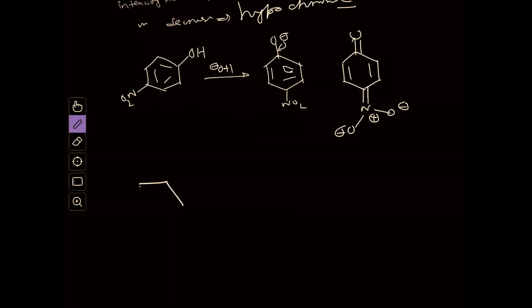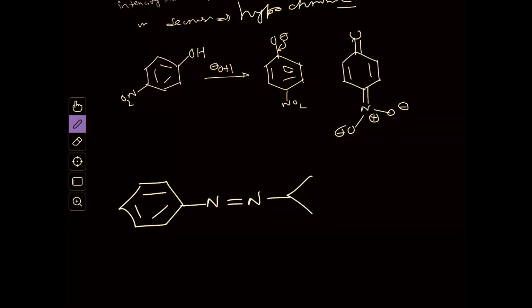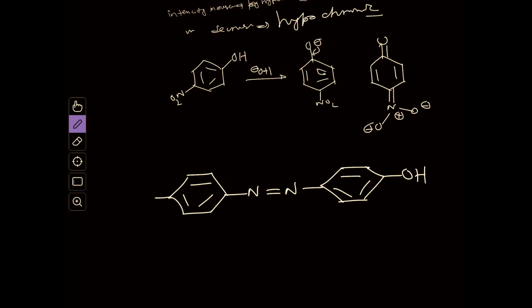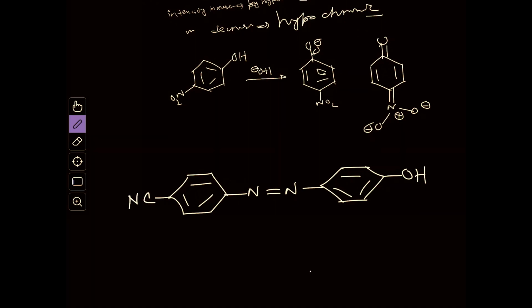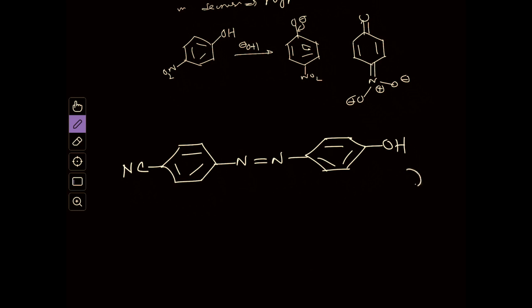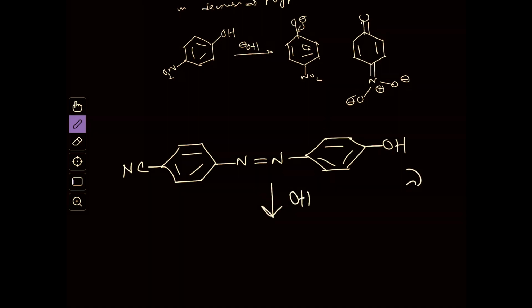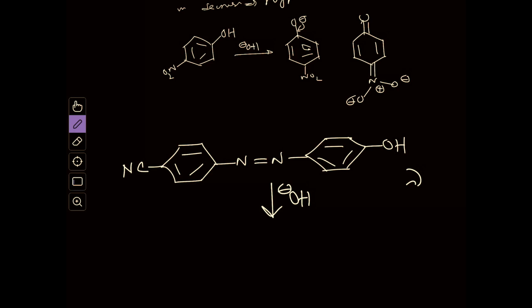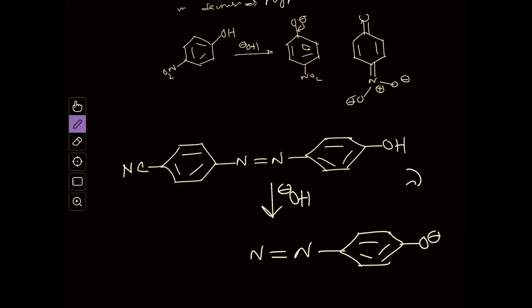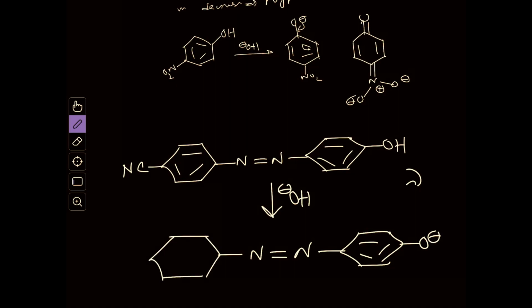Similarly, azo compounds are excellent chromophores. So if you have an azo compound with conjugation, let's say you have an OH group here, and in this part you have, let's say, a cyanide nitrile group, this neutral molecule will have a certain lambda value. Now if you increase the alkalinity of the medium, as you increase the pH, what will happen? This OH will become O minus, and then there will be extended conjugation. So if you increase the basicity, you will have O minus, and now what you will get? You will get increased conjugation.